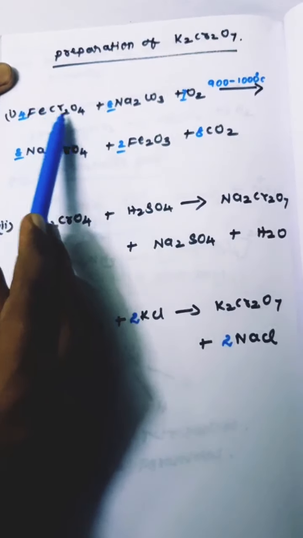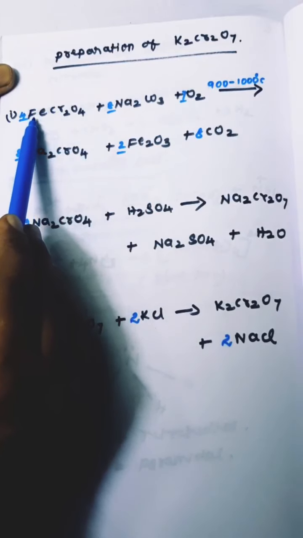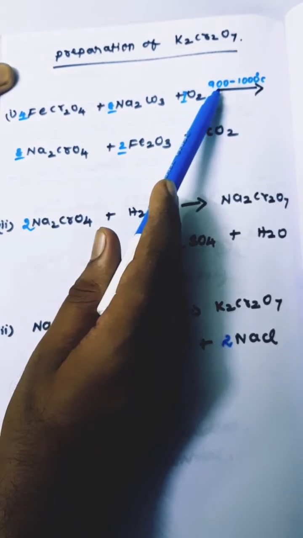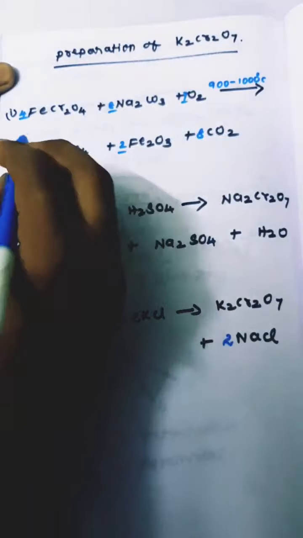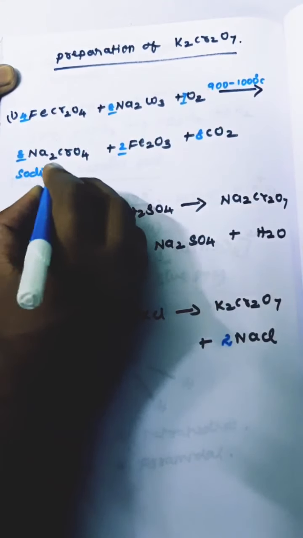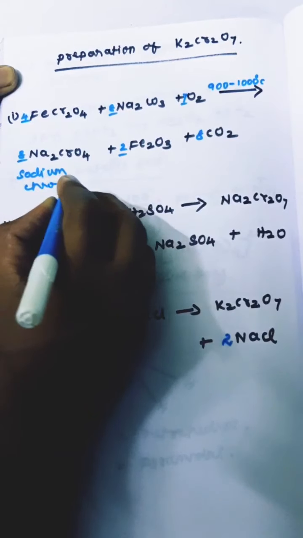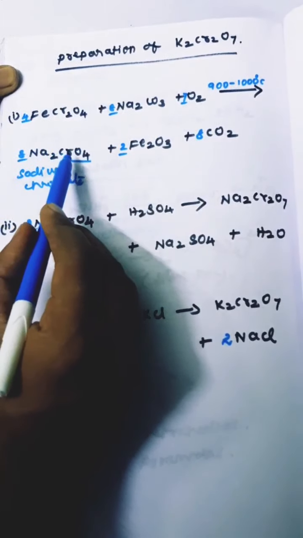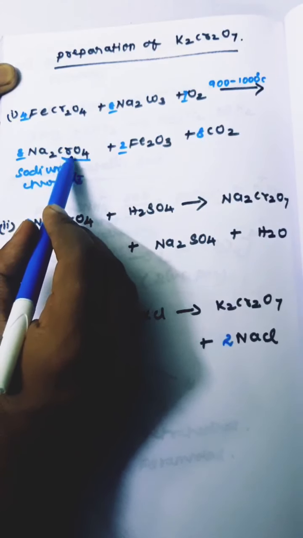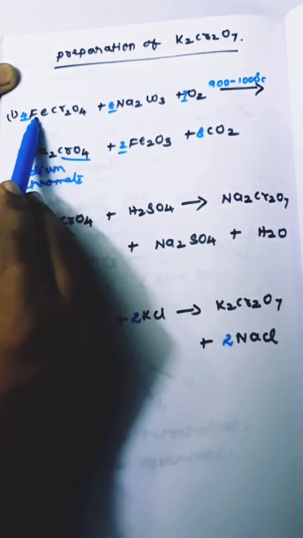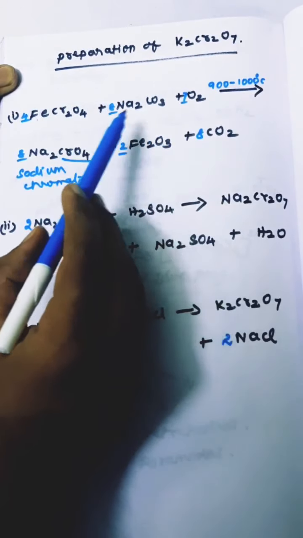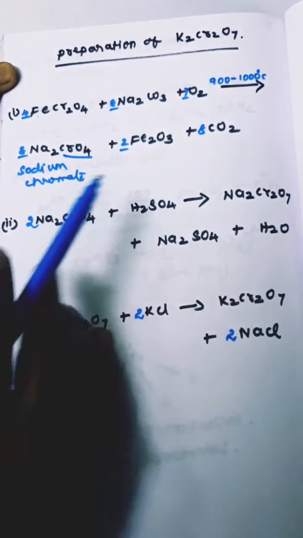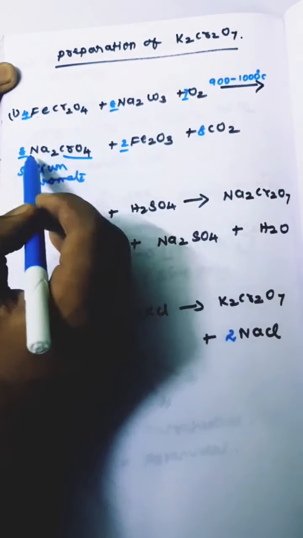It is obtained from the chromite ore or chrome ore, formula FeCr2O4. When it reacts with sodium carbonate and oxygen at a temperature of 900 to 1000 degrees Celsius, it is converted to sodium chromate. Remember that when sodium plus is separated, you get CrO4 2 minus, a chromate. So this one is sodium chromate, and iron is converted to ferric oxide, and from the CO3 it is converted to CO2. It takes time to balance, that's why remember this number 487828.